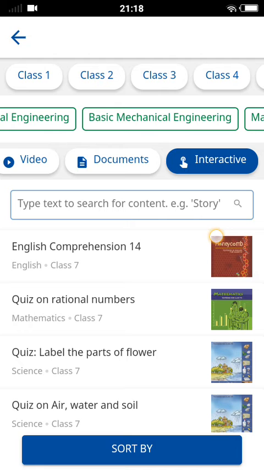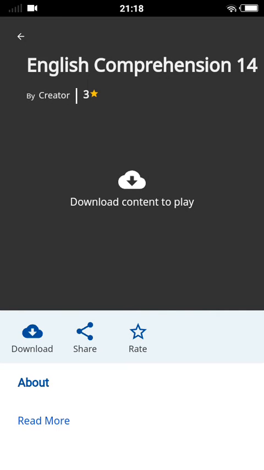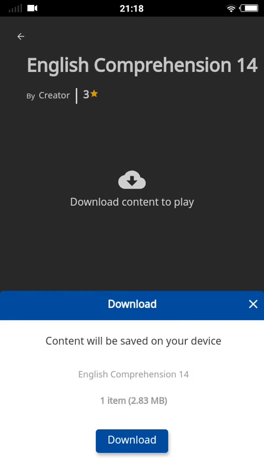So let's see what is interactive. Interactive means that there will be interactive classes, like you have to choose the correct options and this quiz type. So friends, you have to download it to see the content. So we'll download it.